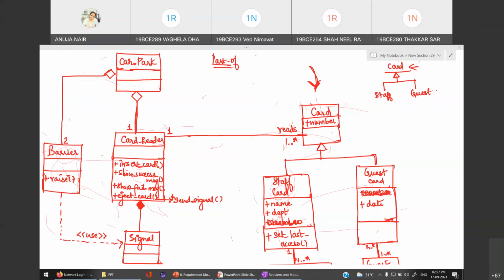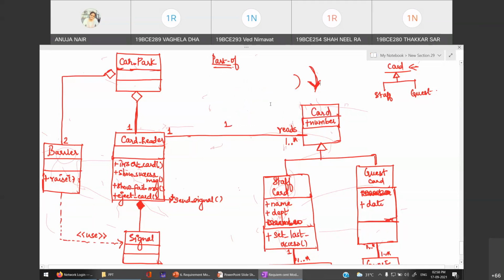Ma'am, the one is to is one to many. Yes, general. One dot dot star is one to many. No, one or more. One dot dot star is one or more. One to many is like this. One to many, or one to many can be like this: one, zero dot dot star. This is only one side I am talking about, right? I hope it is clear.